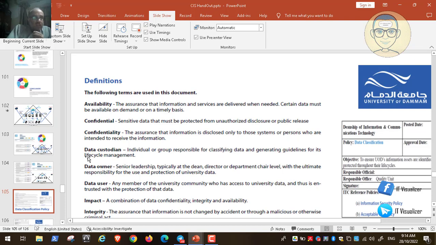Data owner, who is the owner of the data? Maybe senior leadership, typically the dean. Here we are talking about a university. A director or department chair level, with the ultimate responsibility for the use and protection of the university data, is the data owner. Maybe the IT department can protect the data, but the usage and the owner of the data is the dean. Okay,